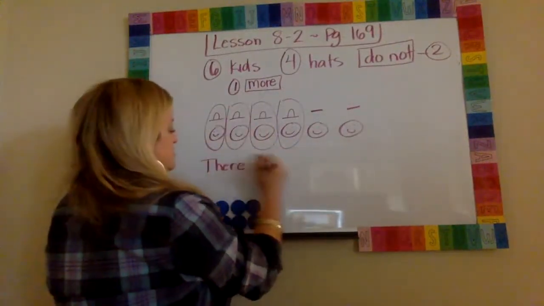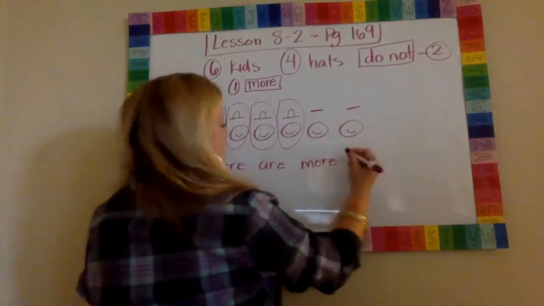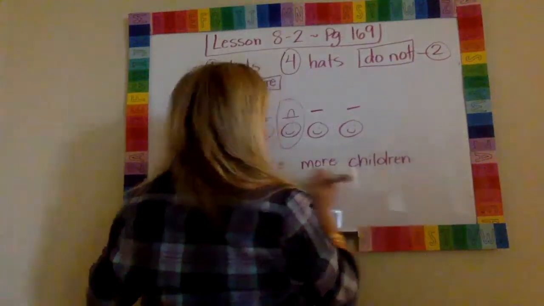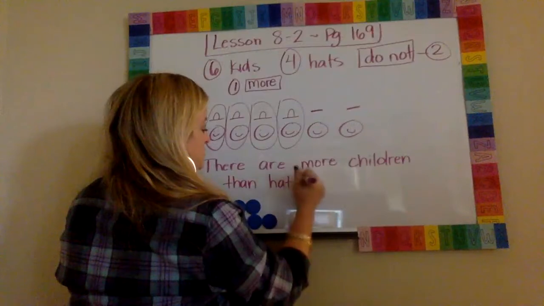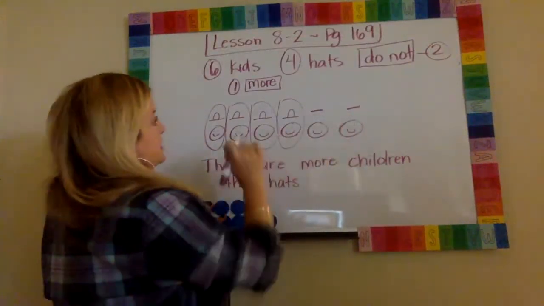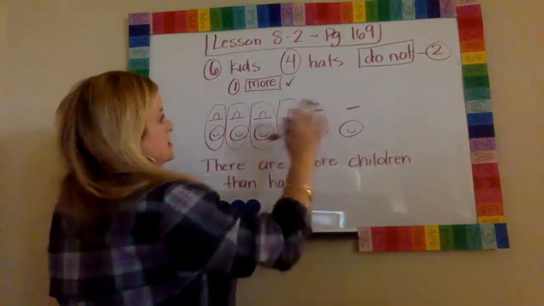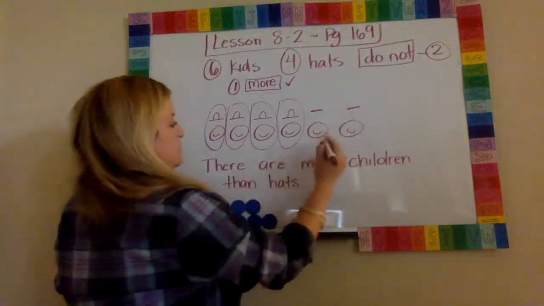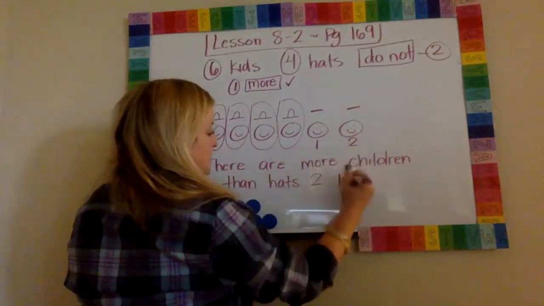There are more, that's your keyword, more children than hats. There are more children than hats. There's missing 2. How many, that's our first one, so check it off, we did that. The second part it's asking us is how many do not get a hat? So I'm gonna count these kiddos. 1, 2. 2 kids